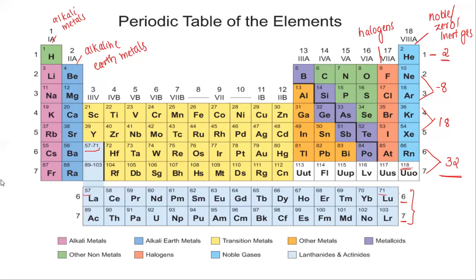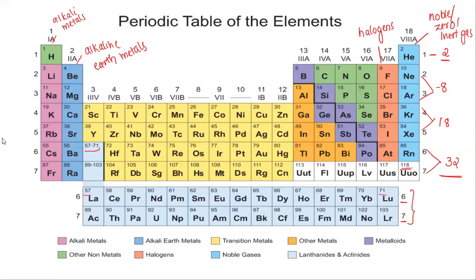These names also you have to remember. First group is alkali metal. Second group is alkaline earth metals. 17th group is halogens. And 18th group is known as noble gas or zero group or inert gas. Okay. Now, next is